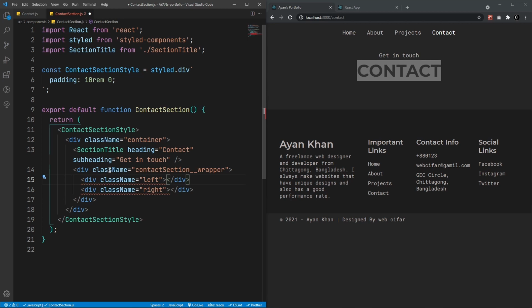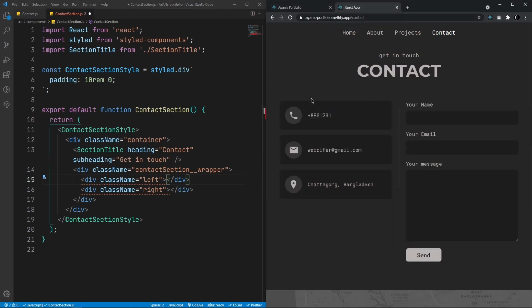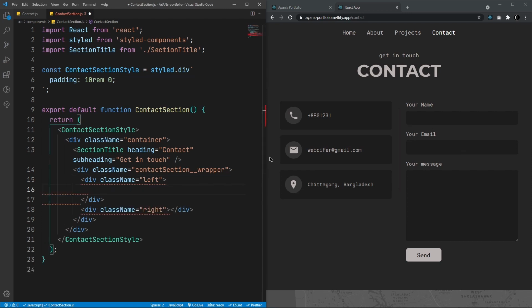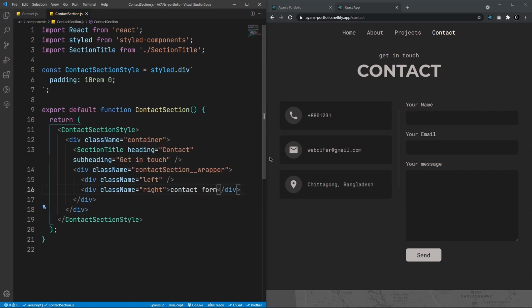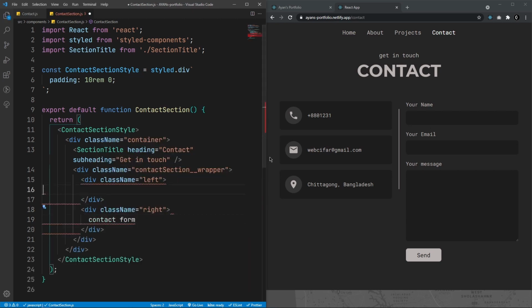In the left part we will have the information, this contact info as you can see, in the left side. In the right side we will have the actual form. So right now, for the right side we'll have the form later. So let's say contact form, and for the left side